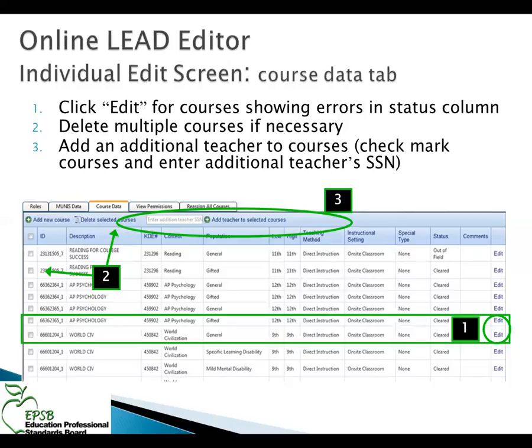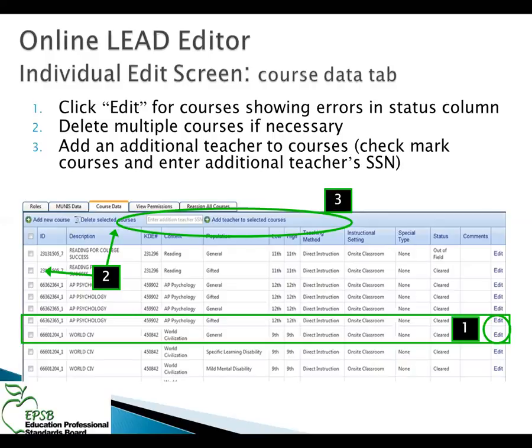You really don't want to go through and start deleting things as your correction method, because then your data doesn't match what's in Infinite Campus. And oftentimes if you delete the one line that has an error, you will unknowingly cause additional errors to your report. There will occasionally be times that I will advise you to delete something, but my recommendation is don't use that unless I've told you to use that.